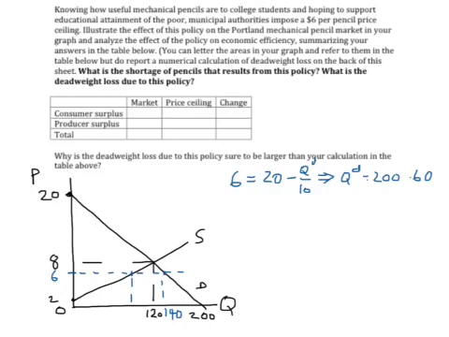So the quantity demanded is 140, and then we have to figure out what the quantity supplied is, and to get that you plug 6 into the supply curve, and you find 6 is equal to 2 plus Q over 20. We can subtract 2 from both sides, and we get Q over 20 is equal to 4. We can multiply both sides by 20, and you find that Q, the quantity supplied,